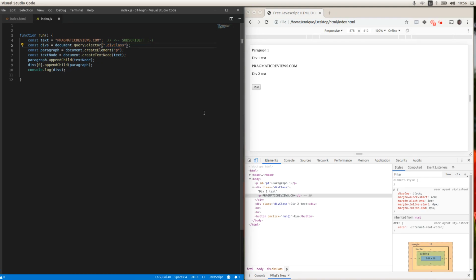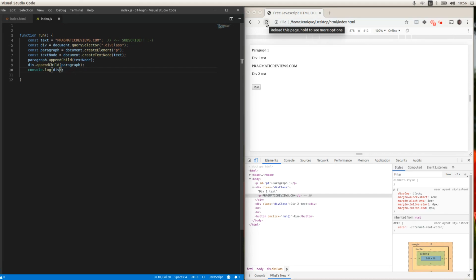So in this case, I'm going to rename this constant div because it's going to be a single element. Here I'm going to keep just the div to append the paragraph,